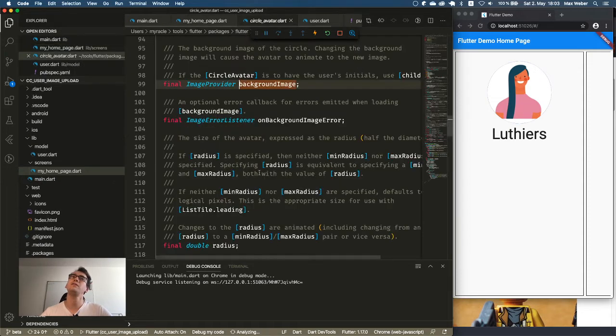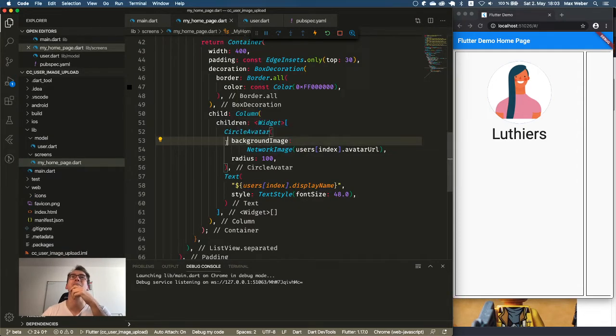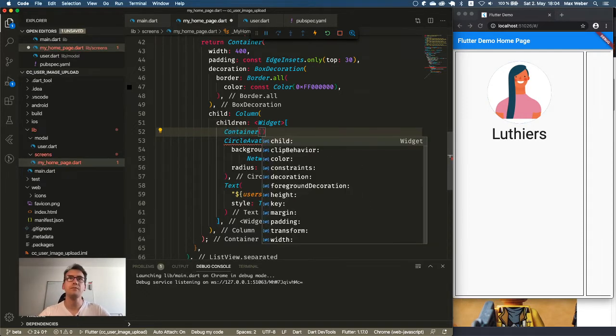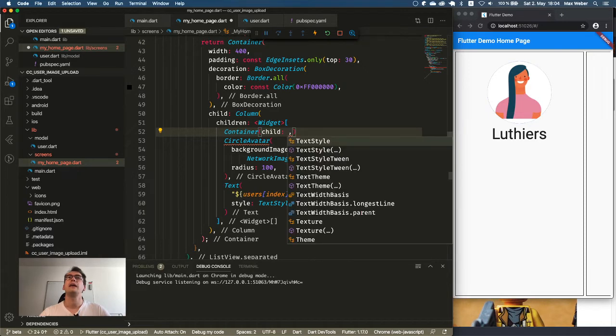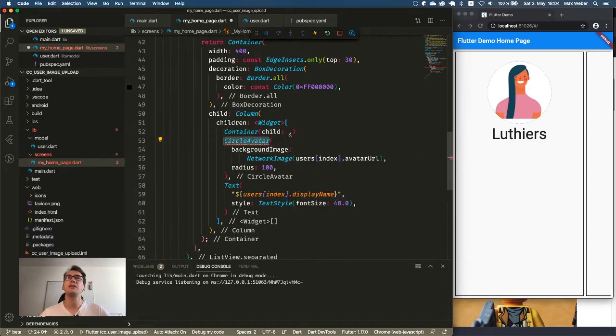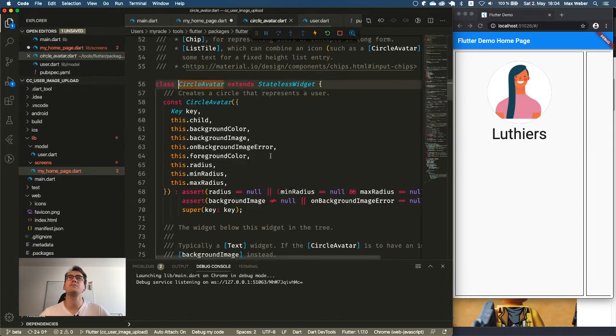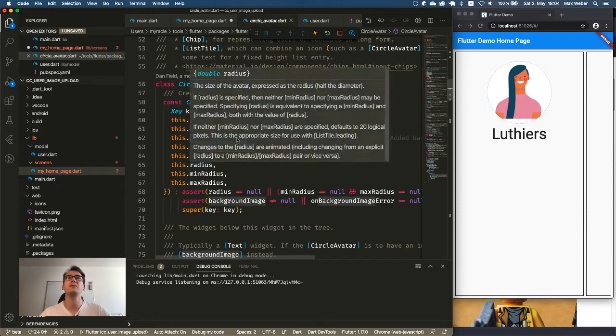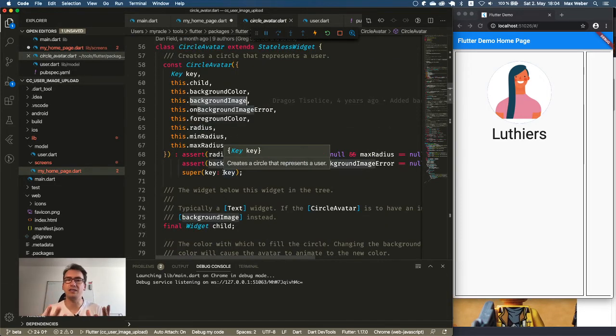Okay, so now we have that network image. Can we use that even? I think we can't do it. There is a reason for that, because we have an image provider in the background image, and the circle provider doesn't allow us to do that. So now we have two options. If we actually want to do it in Flutter, then we have to create here a container with a child. And the problem is that the circle avatar does not allow us these possibilities, right? We only have a background image, and we can't surround the image with a blend mode, for example.